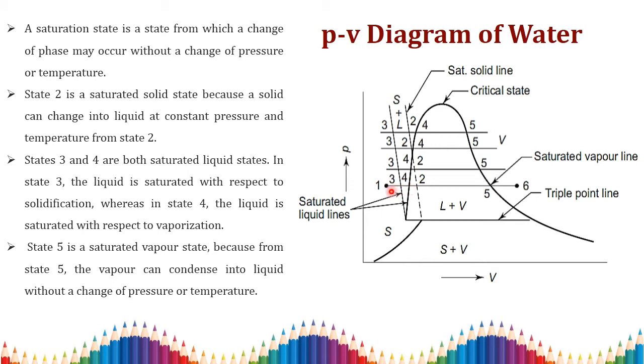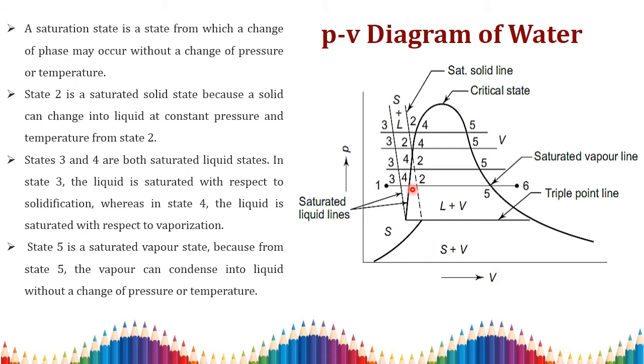Consider only this line. The first point is the saturated solid and the second point is the saturated liquid point. Since it is a constant pressure process, we have to draw a straight line here. Then what is process 3 to 4? Again, it gets to a saturated liquid. In process 2 to 3, the ice converts into liquid. The 2 to 3 is at the saturation point, T saturation.